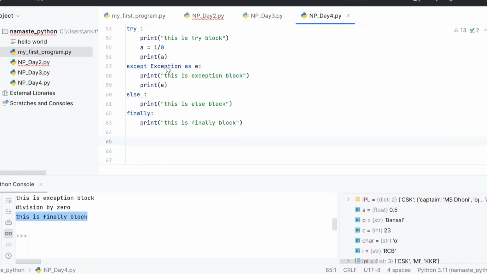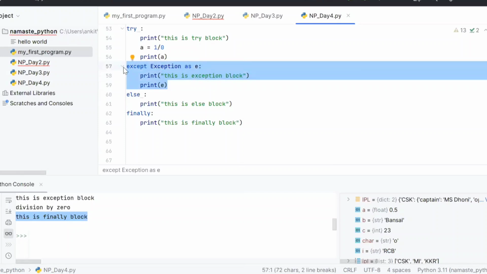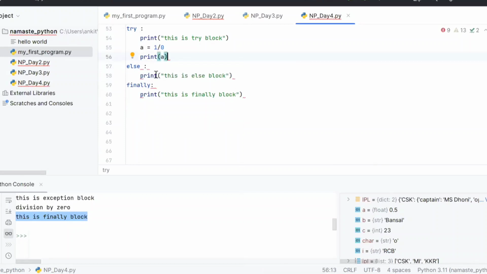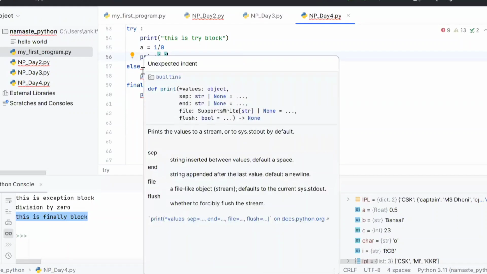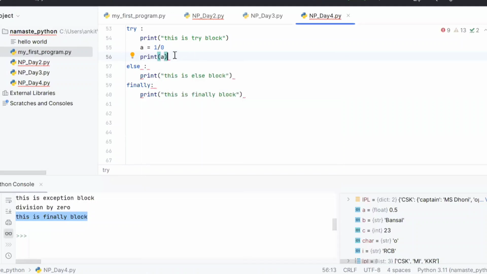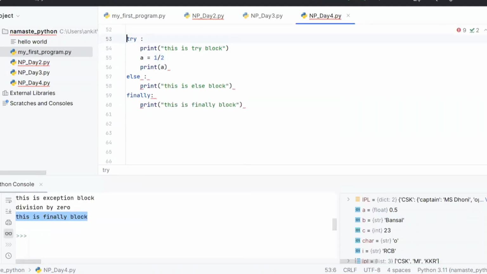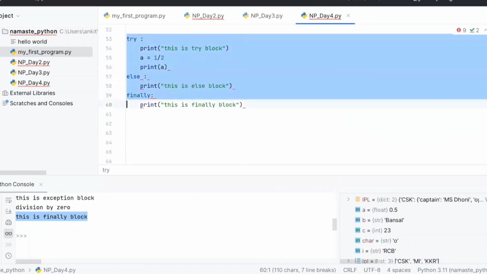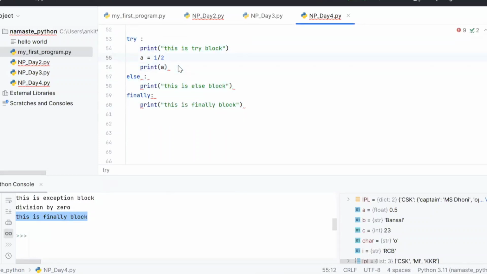Ankit, can we use try with finally, or should except be mandatory? Let's try out quickly. If you use it that way, it gives an error. Whatever we are doing in the try, if something goes wrong, it is handled in except and it will not throw any error.